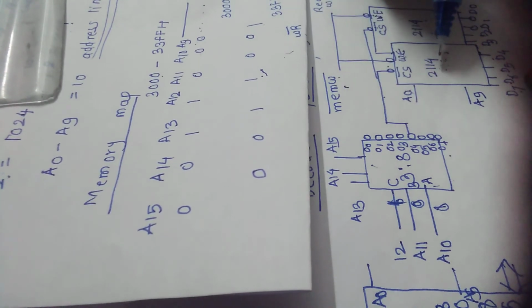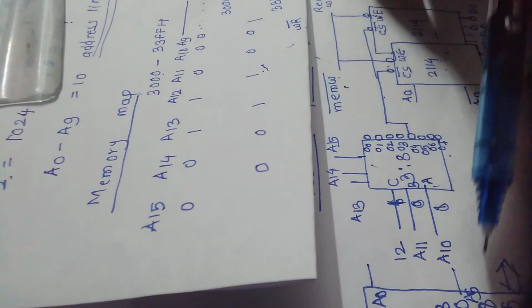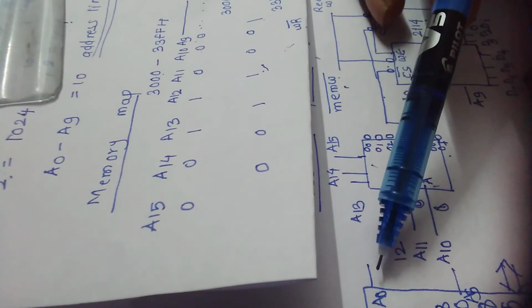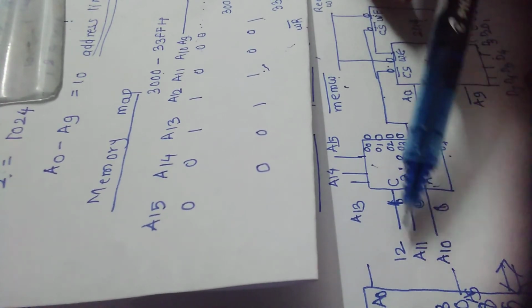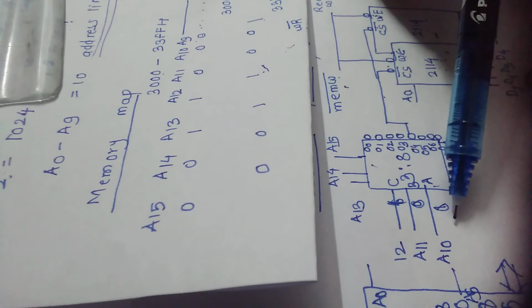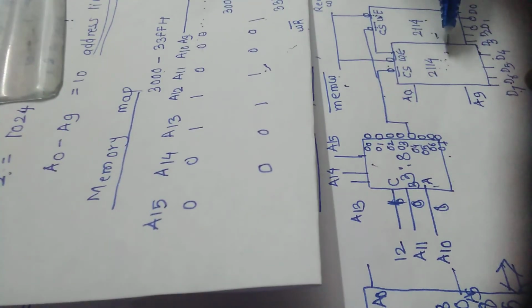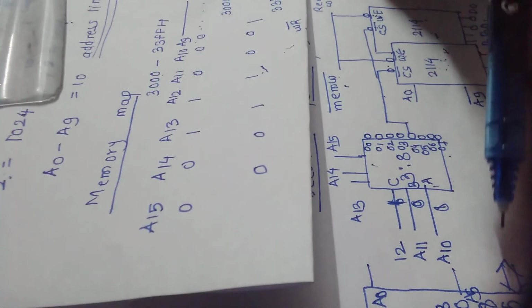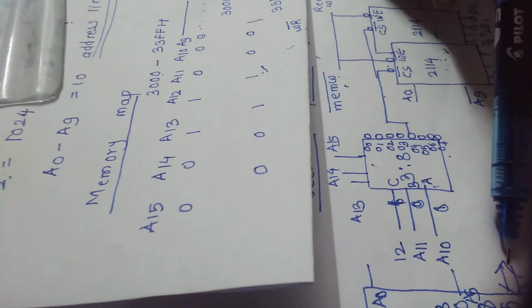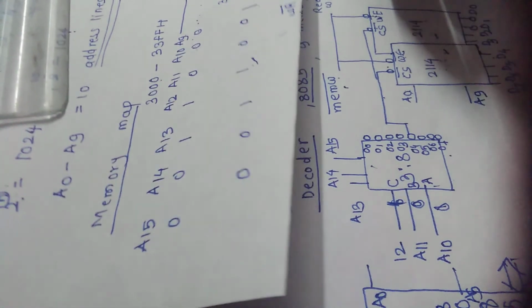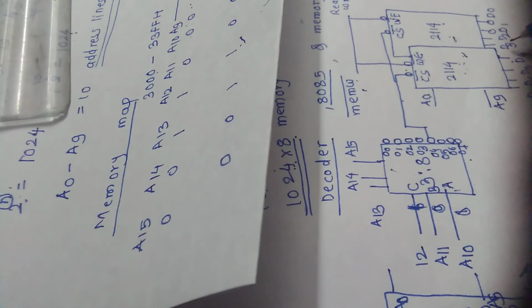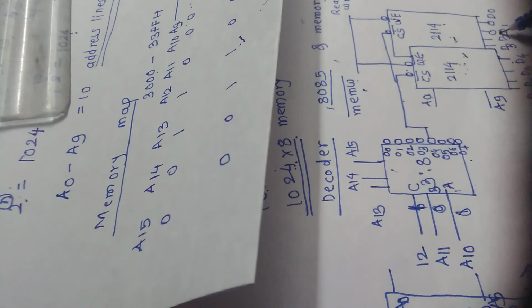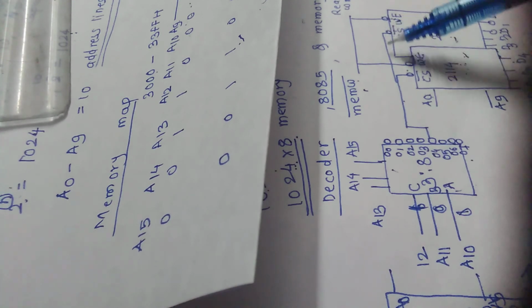Now, where is the processor? Here, this is the processor. All address lines A0 to A15 of the processor are connected respectively to the decoder lines as well as the memory chip lines. Data lines of this processor are connected to the data lines of this memory chip, and this control signal or chip